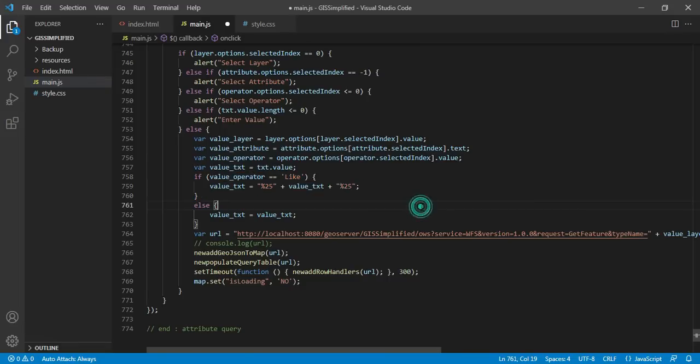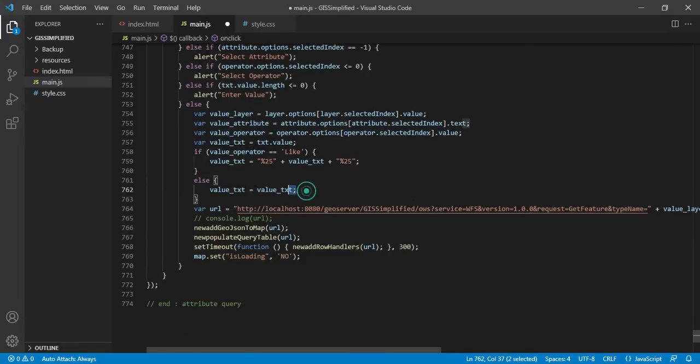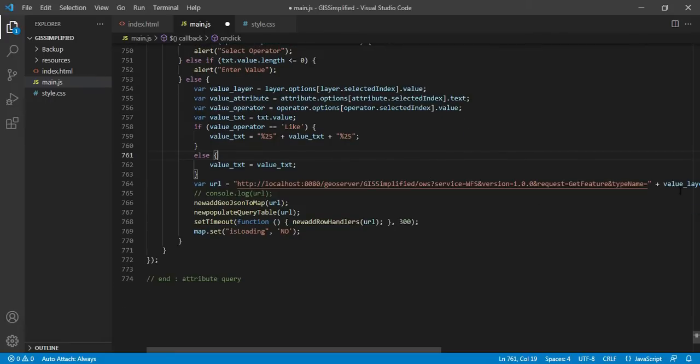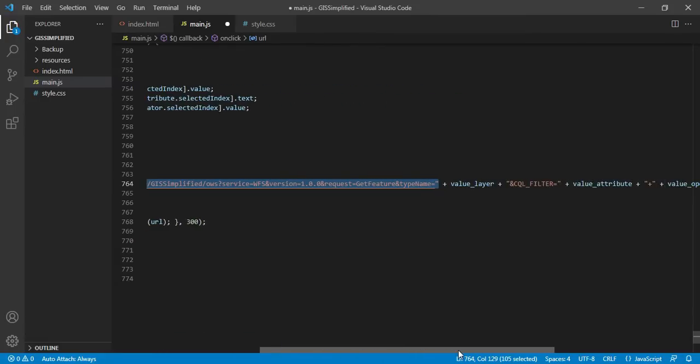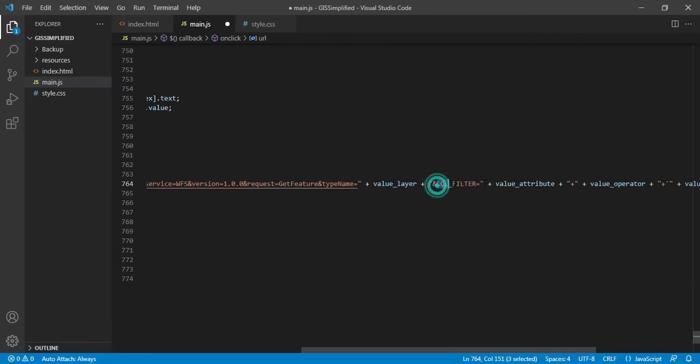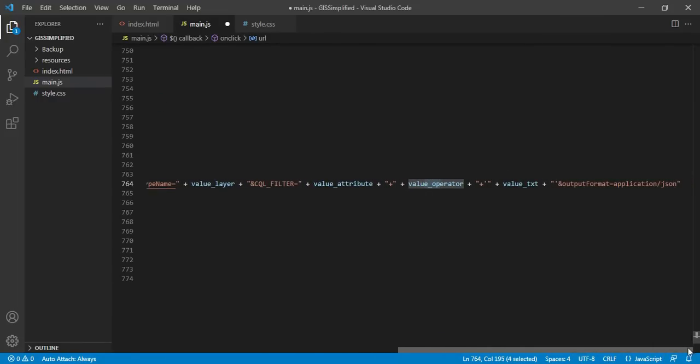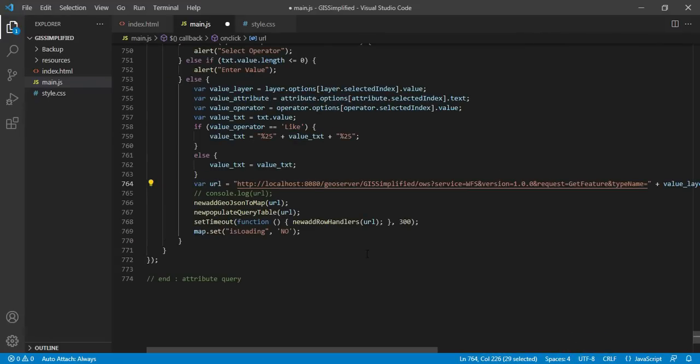So I am fetching for like, otherwise it will fetch as it is, and here I am generating a URL which will be fired to the geo server, and it is a URL for fetching data based on the query. So you can see here the parameter SQL filter. It is fetching data from geo server based on the user defined query, and the output will be in the form of a JSON file. So this is the URL which I have generated based on the user inputs.